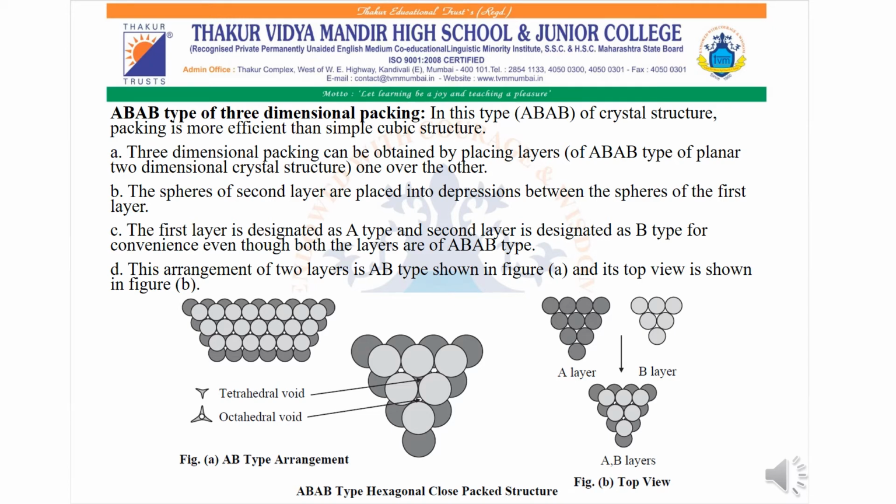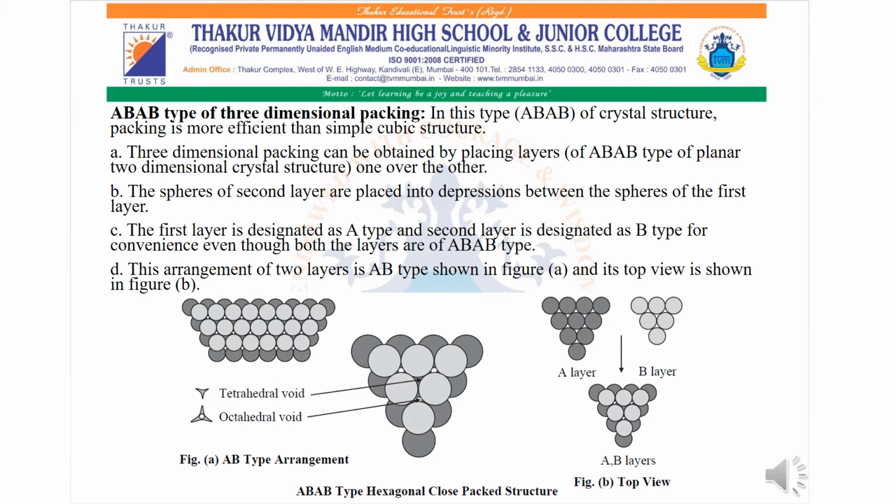In this arrangement, tetrahedral voids are formed by the 3 spheres in the first layer and 1 sphere in the second layer. This happens when the sphere of second layer covers the triangular open space of the first layer. Due to this, only half the number of triangular open spaces of the first layer are covered. So tetrahedral voids are also formed by 3 spheres in the second layer and 1 sphere in the first layer, and octahedral voids are formed by 3 spheres in the first layer and 3 spheres in the second layer.